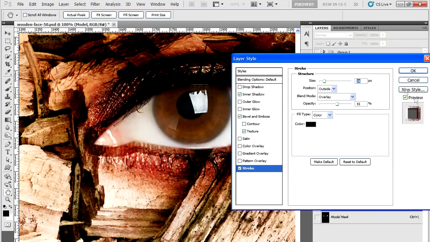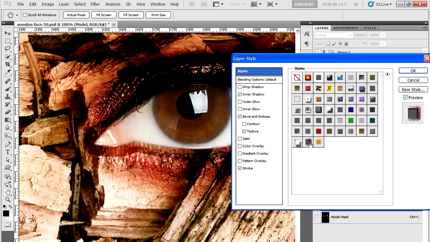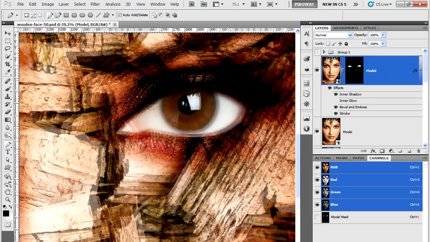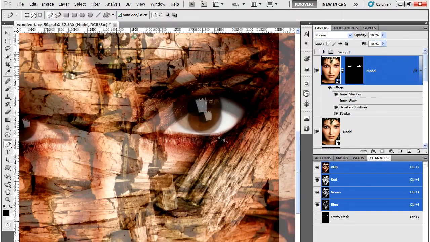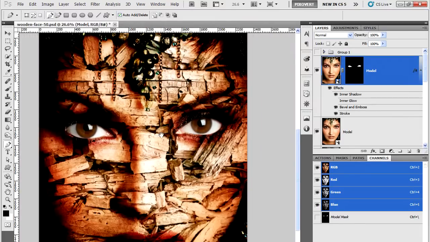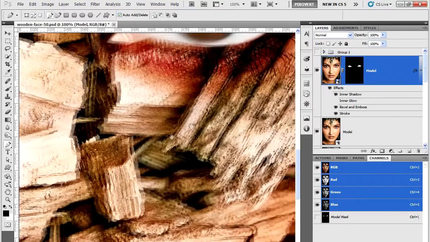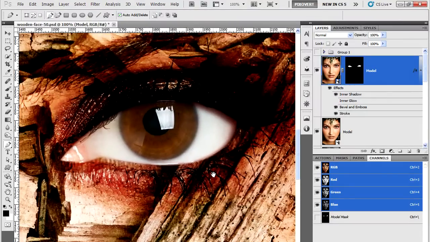So what I'm going to do now is to go back to the original style, select that and hit OK. And what that does is it blends the eyes in perfectly with the rest of the image, and the image is basically complete. As you can see there, we've got a really kind of amazing integration between the wood and